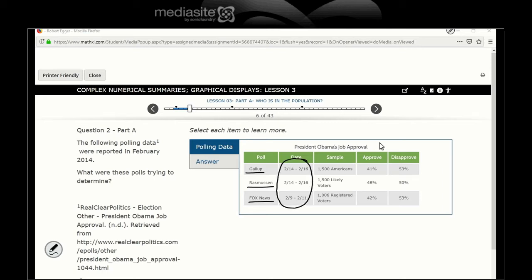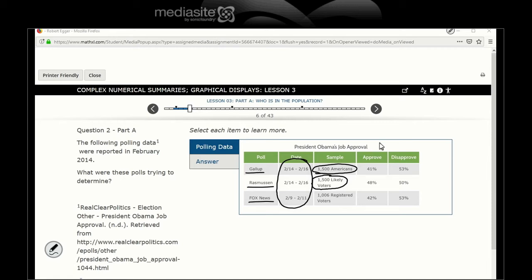Gallup and Rasmussen, the exact same time period. Fox a little earlier. Different samples. Gallup did 1,500 Americans. Rasmussen, same population size,